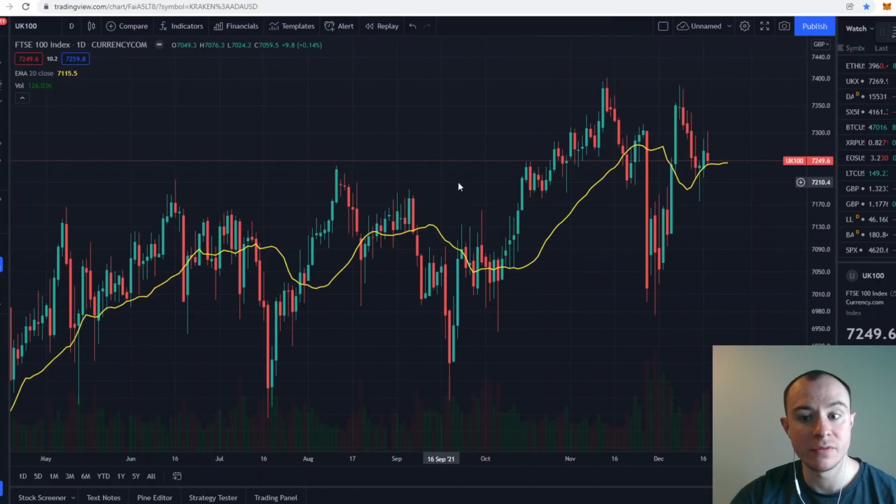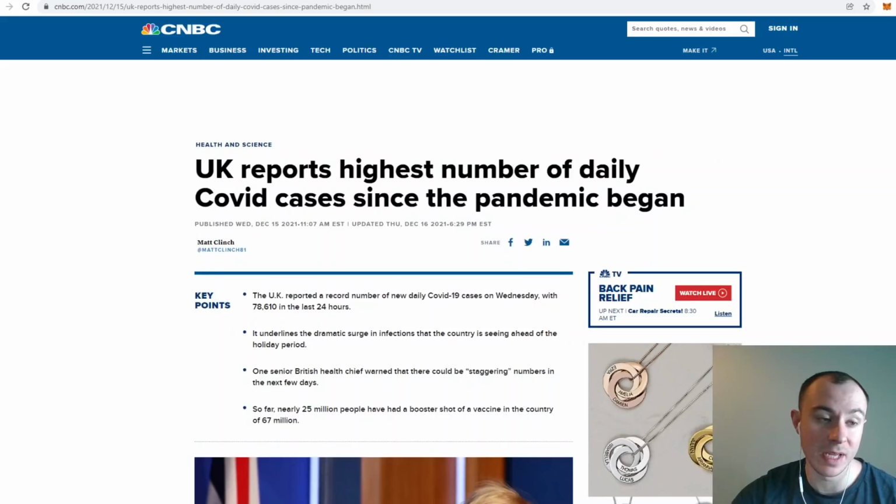Back to, this is the FTSE. We can see the FTSE having a bit of a down day again. This is causing havoc in the UK. I know other countries are in lockdown, because the real fear is that we end up in a March 2020 situation. Now, I'm not worried about this in regards to investing in crypto.